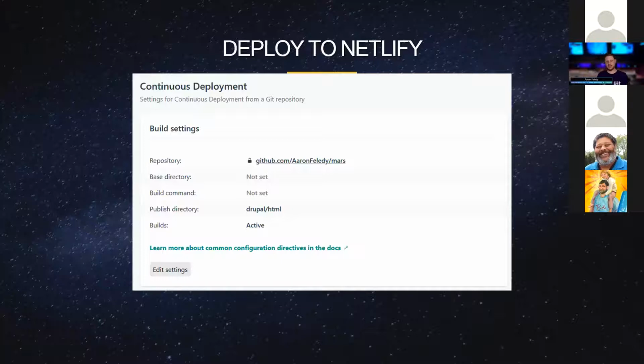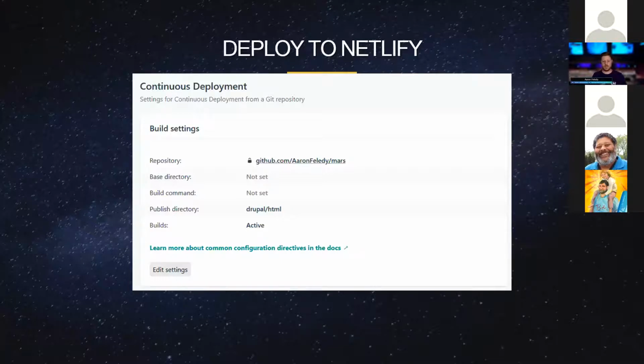They're using Netlify in all kinds of cool ways, mainly because Netlify can build all of their assets and everything. It's not as popular with Drupal because Netlify doesn't really work with PHP. But if all we're doing is publishing static HTML,